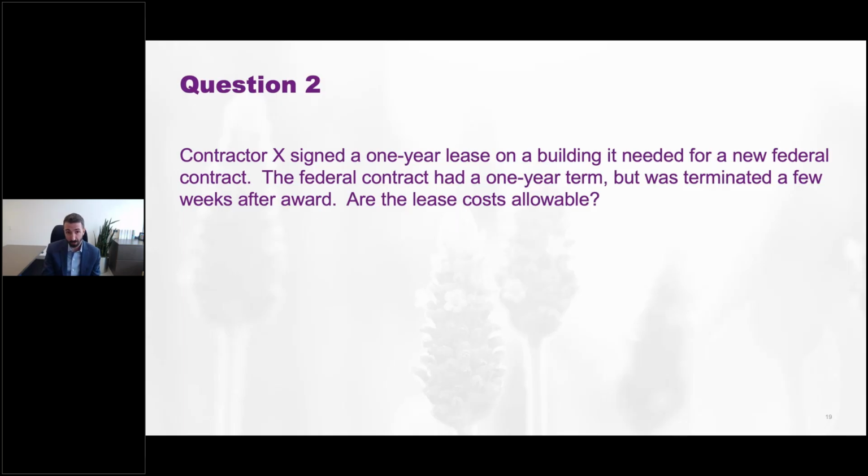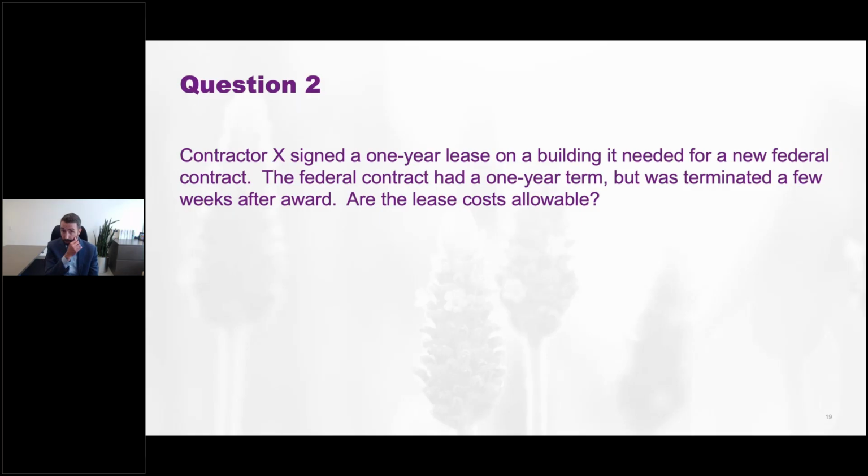In that case, then you might be able to say, look, I needed the lease for contract performance. I've made efforts to sublease it or otherwise offload the lease, and I can't do that, right? Maybe your lease has an early termination provision, but it requires you to pay all the rent up front right now. Well, that just accelerates it, right? That can put you in a worse situation. So it all comes down to the circumstances. But potentially, yes, if you've made reasonable efforts to reduce the cost, mitigate the costs, and despite those reasonable efforts you're not able to do it, then a contractor is going to have a decent argument that the costs of the lease are allowable in that case.